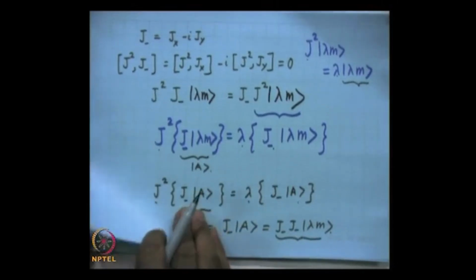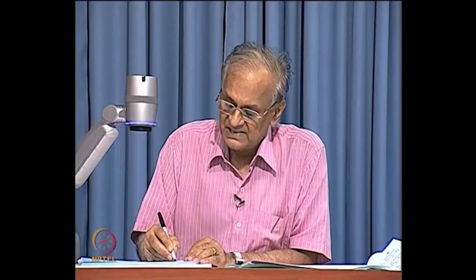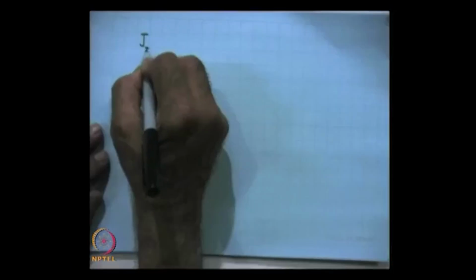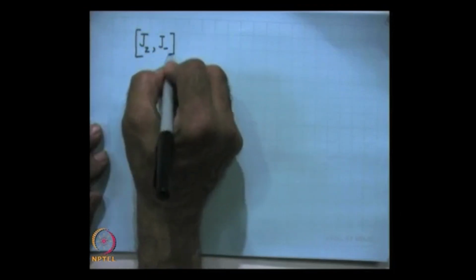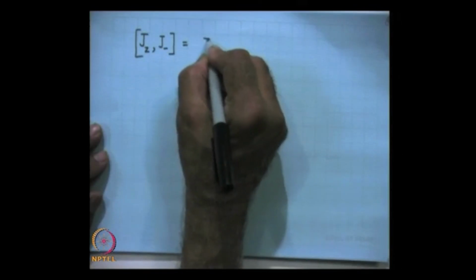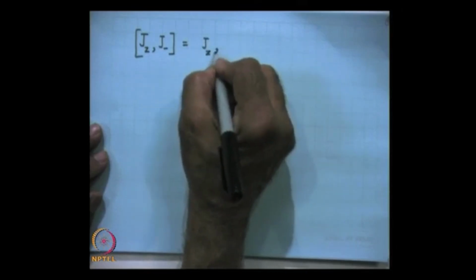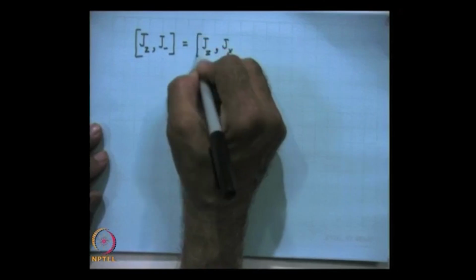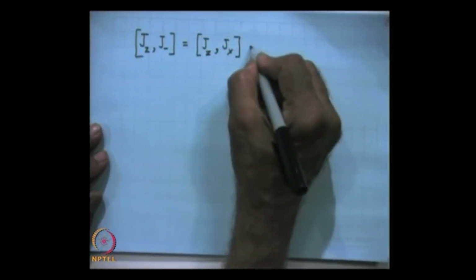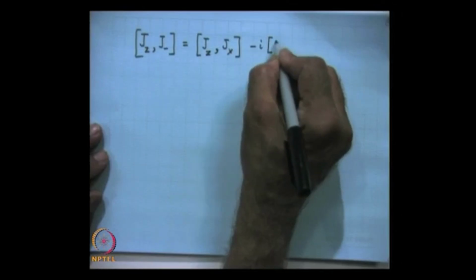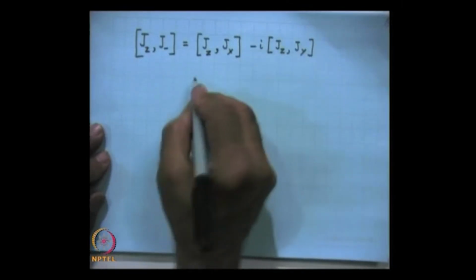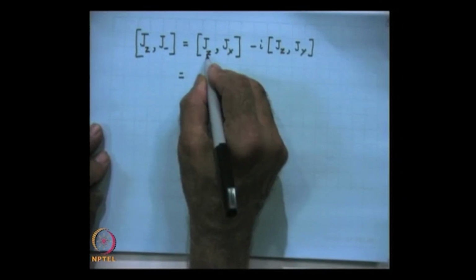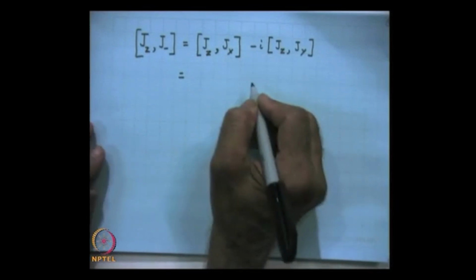Then we consider the commutation relation of Jz. So, let me consider the commutation relation of Jz with J minus. J minus is Jx minus iJy. So, this is Jz comma Jx, and this is Jz comma Jy. Okay. So, Jz comma Jx is equal to iJy